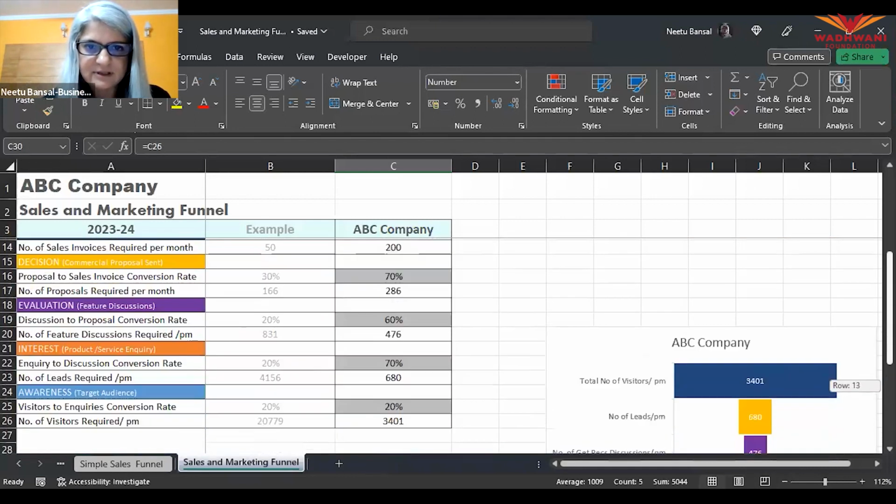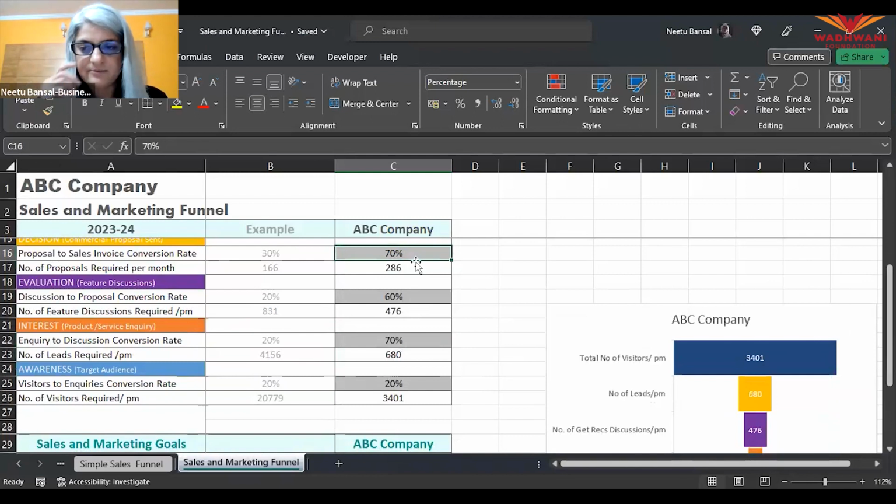Let's look at the conversion at each stage. Now here I said that the number of proposals I sent out, or the number of pricing discussions I had, out of 10, 7 of them are actually getting converted into a sale for me. So now if you just focus on this one area, because this is the most mature part of your funnel,